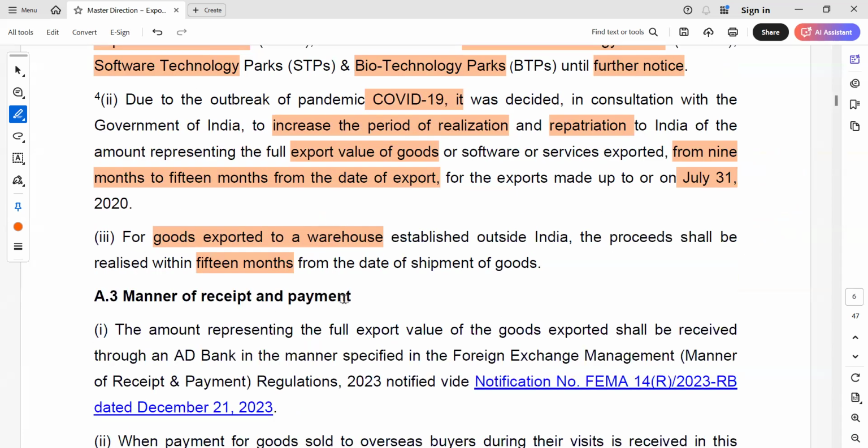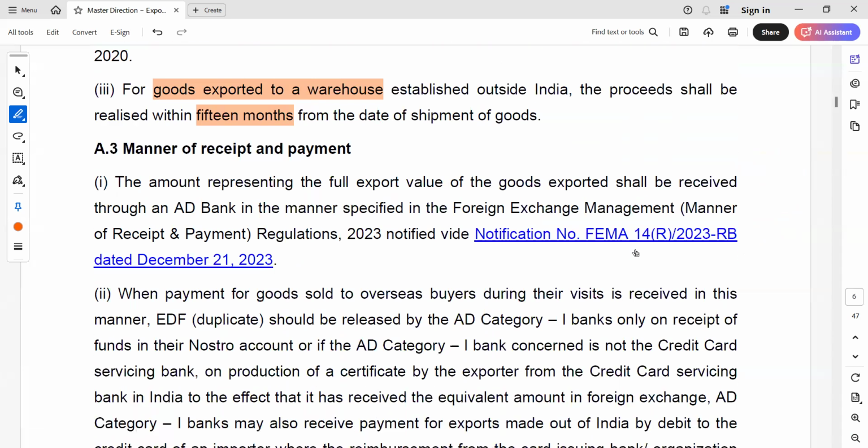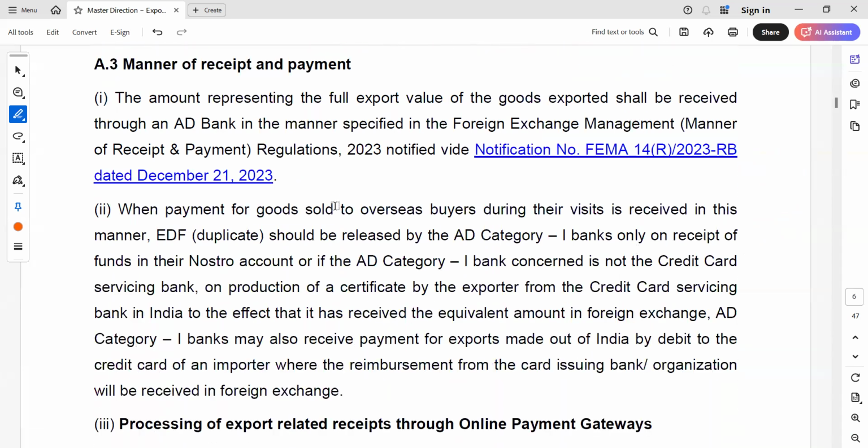The manner of receipt and payment. The amount representing the full export value of the goods exported shall be received through an AD bank in the manner specified in the Foreign Exchange Management Regulations 2023. When payment for goods sold to an overseas buyer during their visit is received in the manner, EDF should be released by the AD Category 1 bank only on receipt of funds in their Nostro, or if the AD Category 1 bank concerned is not the credit card servicing bank,